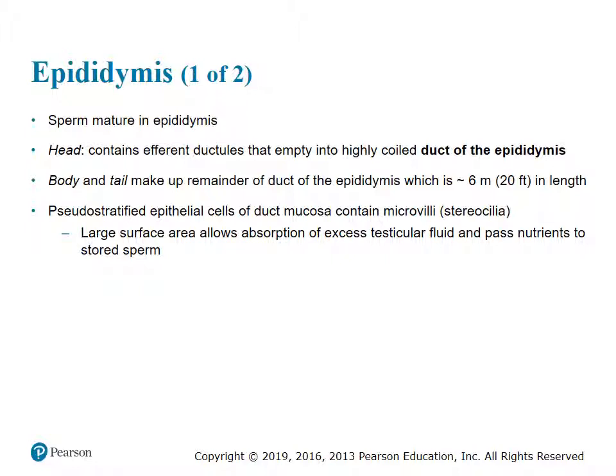Okay, so as I mentioned, sperm gets matured in the epididymis, and in fact, the tail of the epididymis. I mentioned that we have a head of the epididymis, right? And those efferent ductules that make the immature sperm dump into the head of the epididymis, and that's where the duct will start, the first part of the epididymis. And the body and the tail